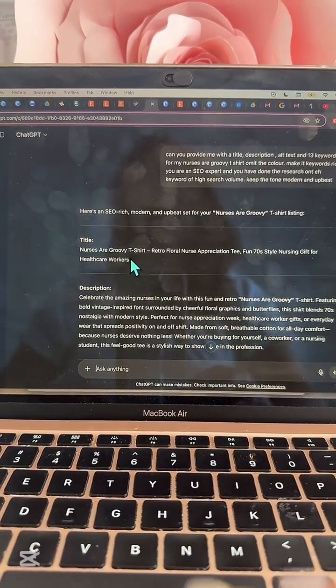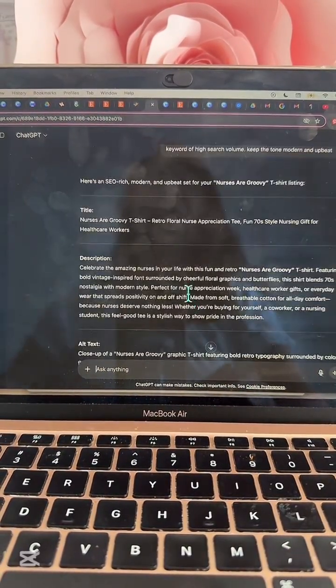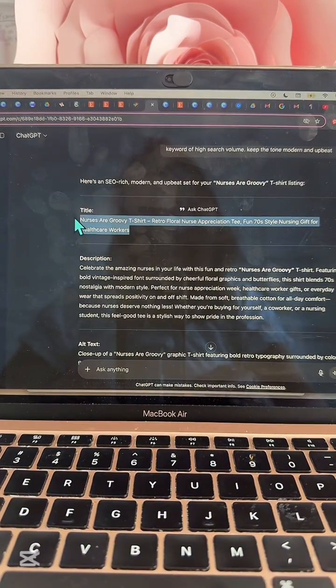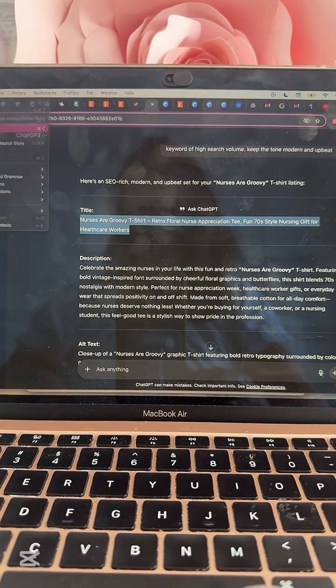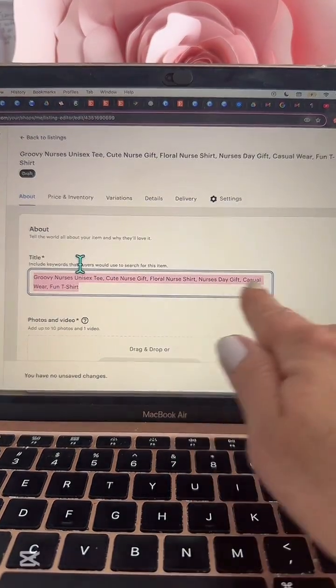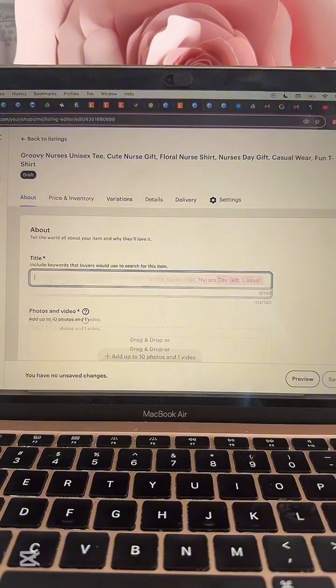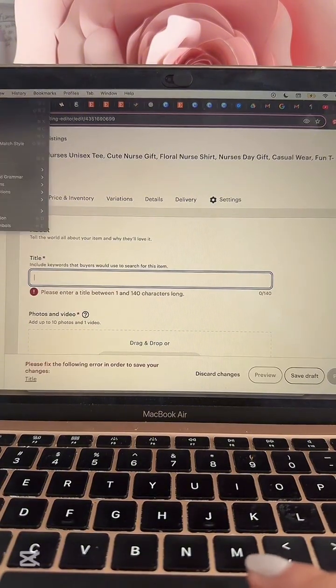So what we're going to do, I asked for all 3-in-1s and alt text and keywords so that it's ready there. So we're going to start with our title. We're going to copy that and we're going to go back to our listing. We're going to get rid of this. I'm going to see what else I can put in. Nurse Day gift, casual wear, fun t-shirt. No. So we're going to take ChatGPT's